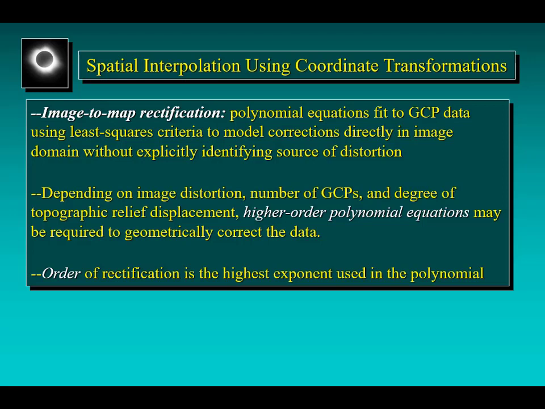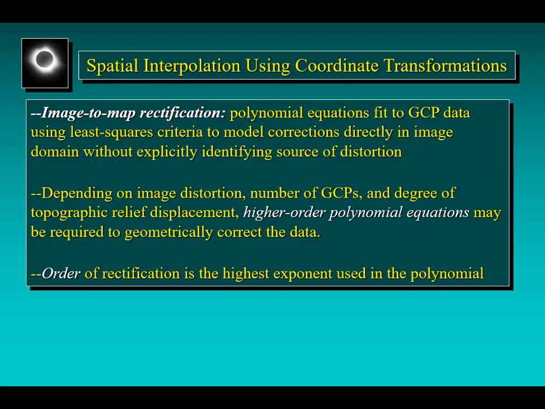And depending on the nature of the image distortion, the number of ground control points that we're utilizing, and the degree of the topographic relief displacement that we see within our particular study area, higher order polynomial equations might be required in order to geometrically correct the data. So some experimentation and evaluation of the accuracy of various geometric rectifications would be in order to determine what order of polynomial equation would be best suited for a particular rectification task. And keep in mind that the order of the rectification is simply the highest exponent that is used in the